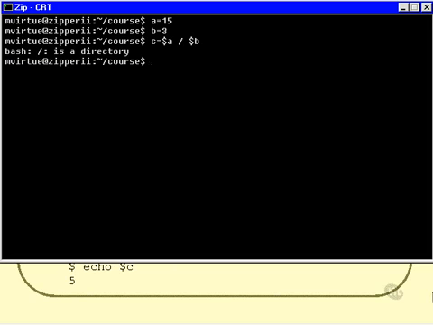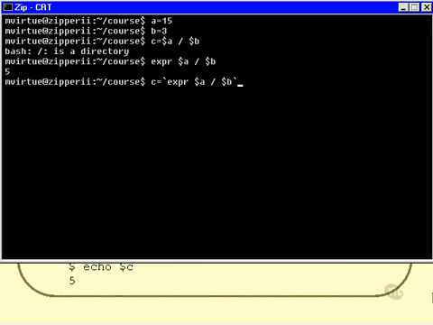We have to use expr in there as well, so we could say expr $a divided by $b, and that works fine, but that does not assign the value to the variable called c. It simply prints it on the screen. So if we want to assign it to the value of c, then we have to do it like this, put it inside back quotes, expr $a divided by $b,